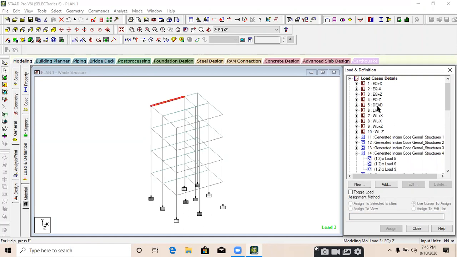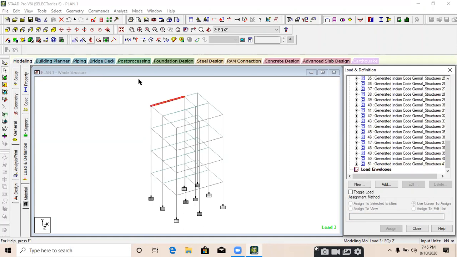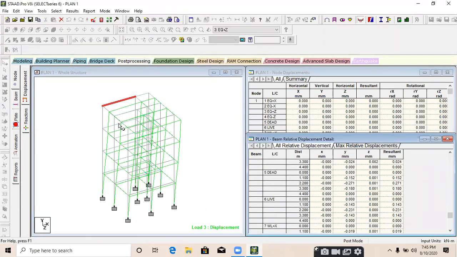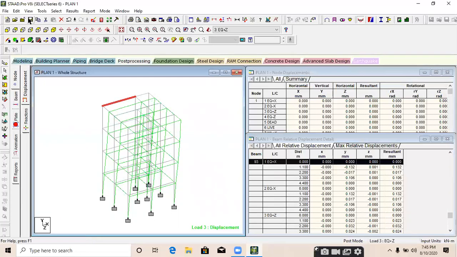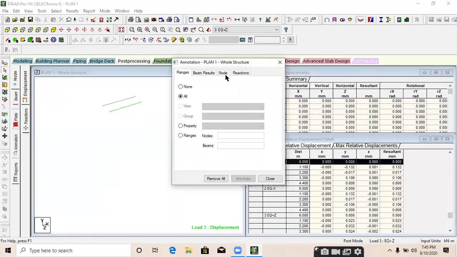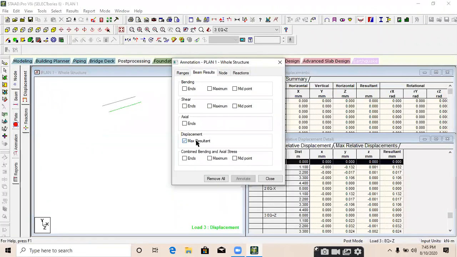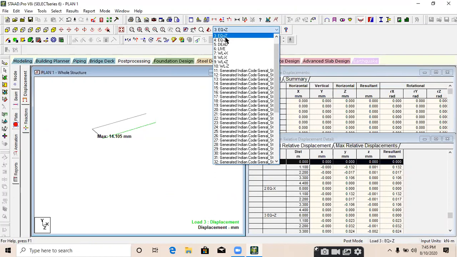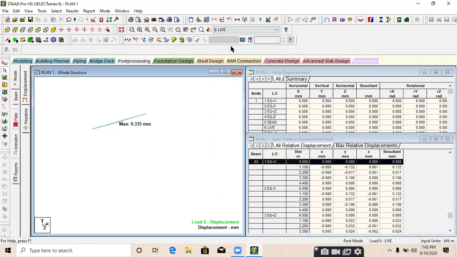What is 5? Dead load, 6 live load, and 9 wind load plus Z. So all other loads are there. You can see results in post processing mode from this table, or just select one beam, go to view selected object only, results, view value, beam results, and I want the maximum displacement. Suppose I noted it's the maximum displacement from the load earthquake plus Z. If you change the load, it will change. You just select by which load case you want.